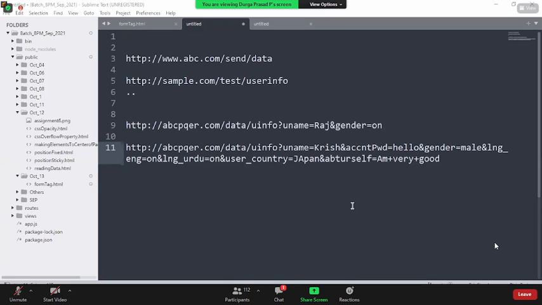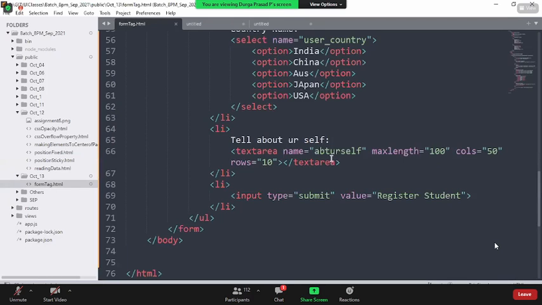There is no way we can add that. Now you say, no boss, I have a requirement that I need to even know through which element you have given the data, then we need to add some extra piece of code for that. By default, it's not going to do that. You need to add some extra key for that. Something like this: uname itself. I will say name equal to input_name or dropdown_so-and-so. That will be like an extra hint for you saying what input element you have read. But by default, nothing is going to happen.